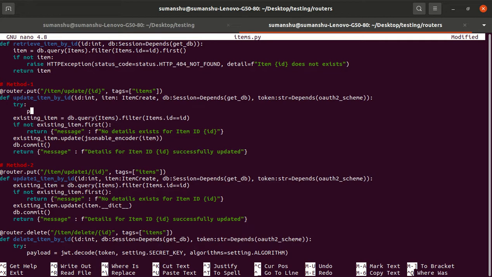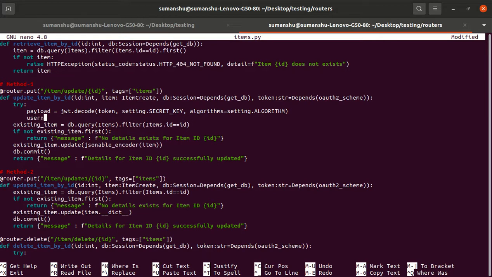So we have the token, and from the token we will decode it using jwt.decode, which will accept the secret key and the algorithms, settings.algorithm. Once we get the payload, this is basically a dictionary. So we will get the email from the payload.get, and it is in the sub key.